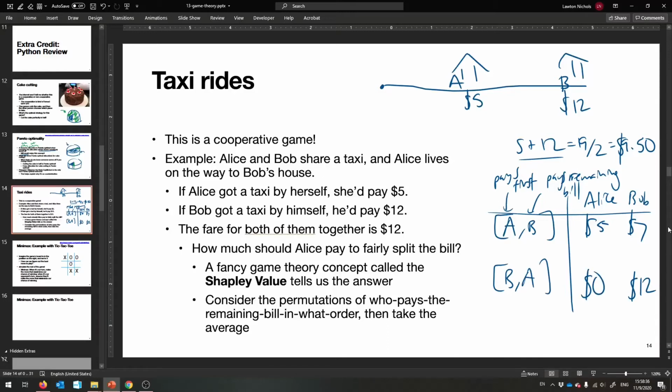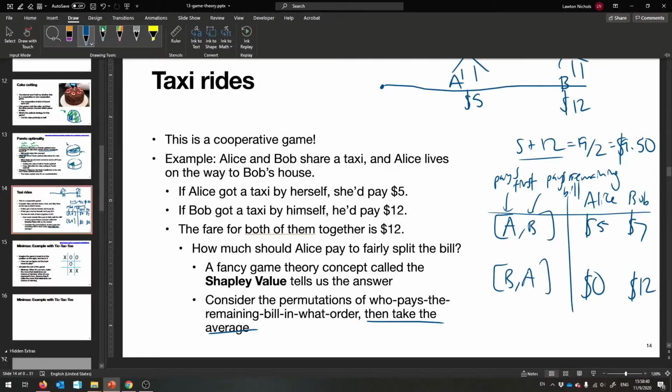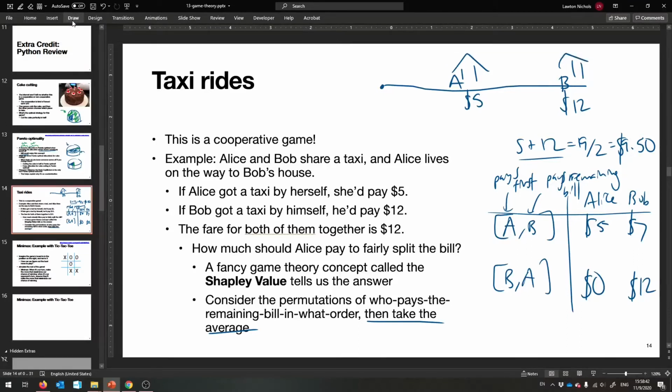And so the idea now is we take the average. We take the average of what's left, and don't worry, I'm not going to test you on this. It's just really cool that it comes up with the right thing. And this is the way you do it if you ever share a lift with somebody. This is how much you ask them to Venmo you.